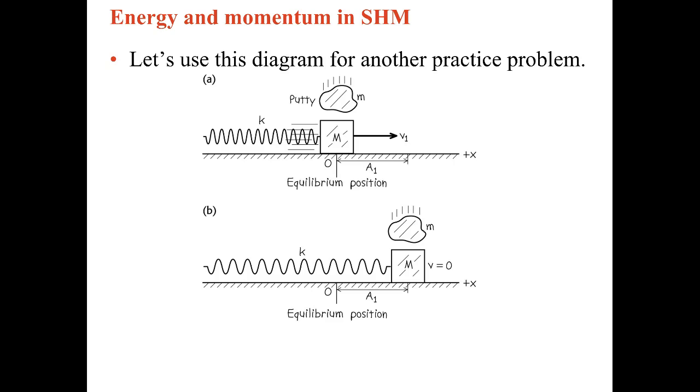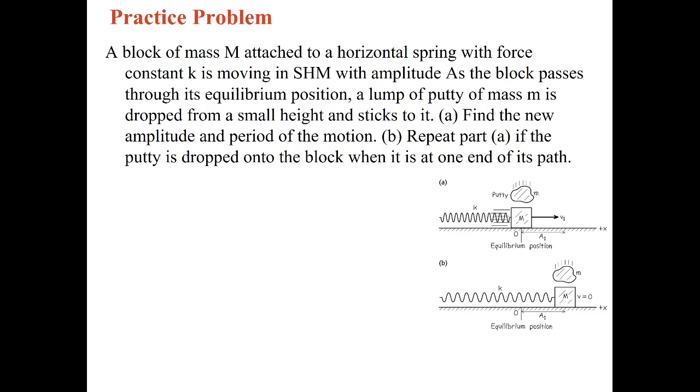So here's a diagram that we can use for another practice problem. What's happening in the first diagram is that a chunk of putty is falling onto this mass M when it's in its equilibrium position. And in the second example, it's falling onto it when it's at a position A1. So what we want to do is find the new amplitude and period of the motion, and then do the same thing if the putty is dropped onto the block when it's at one end of the path. So let's just take the first one, and we're going to start off with conservation of